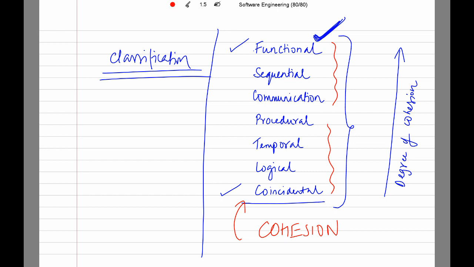That means your cohesion will become low. Okay, now these are cohesion. We can have coupling also. So there are different types of coupling,